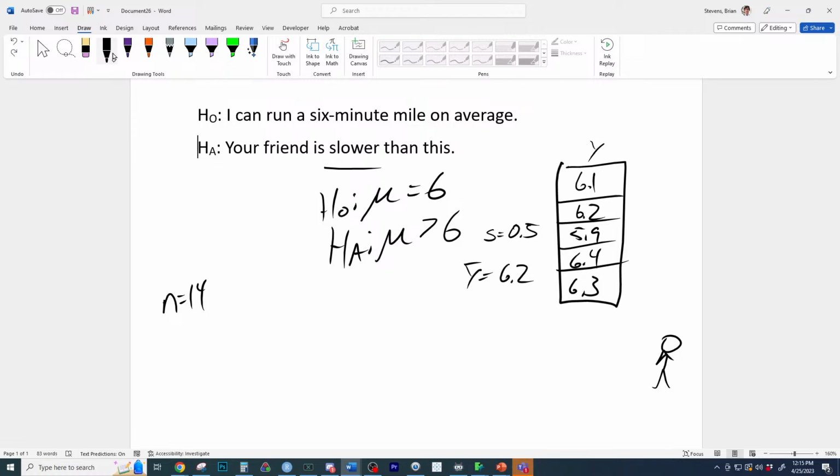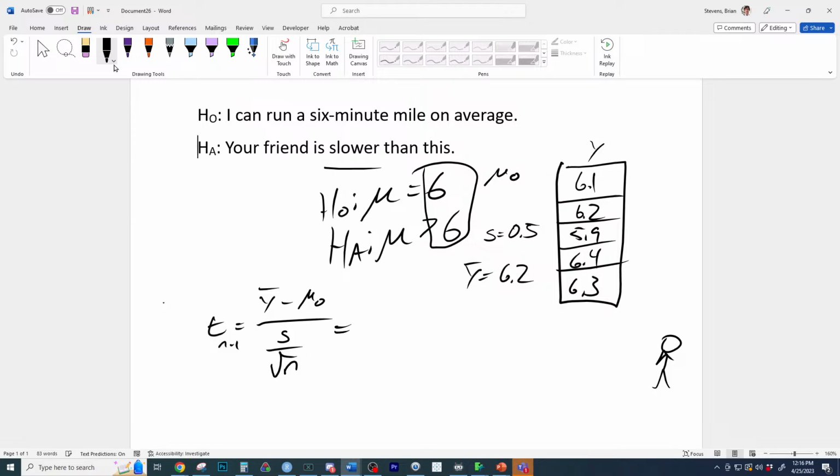So what we would do is we'd run a t-test right here. Remember, they did it 14 times. I didn't list all 14 times, but the t-statistic with n-1 degrees of freedom is equal to what we saw in their sample minus the claimed amount, which is this right here. This is mu naught, their claimed mile time. And then we divide by the standard error the following way. So we saw 6.2, which is a difference of 0.2. We divide by the standard error, which is going to be this right here. This gives us a t-statistic of,